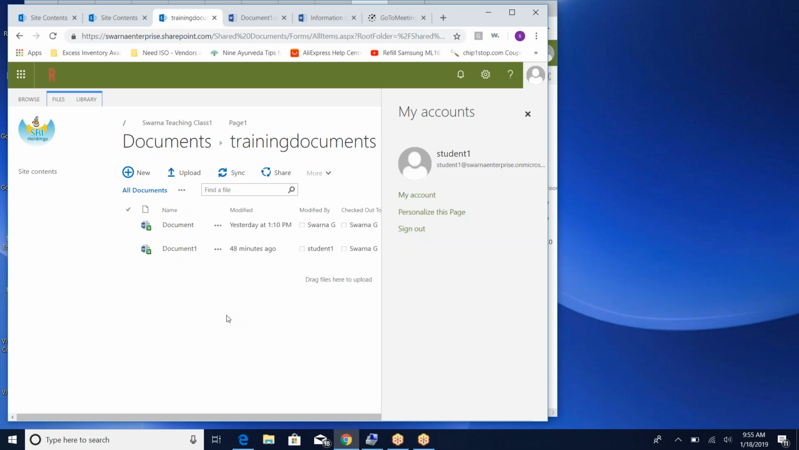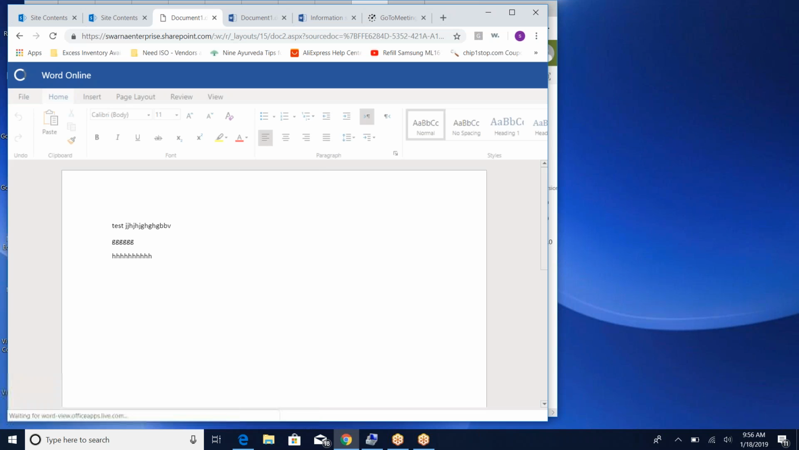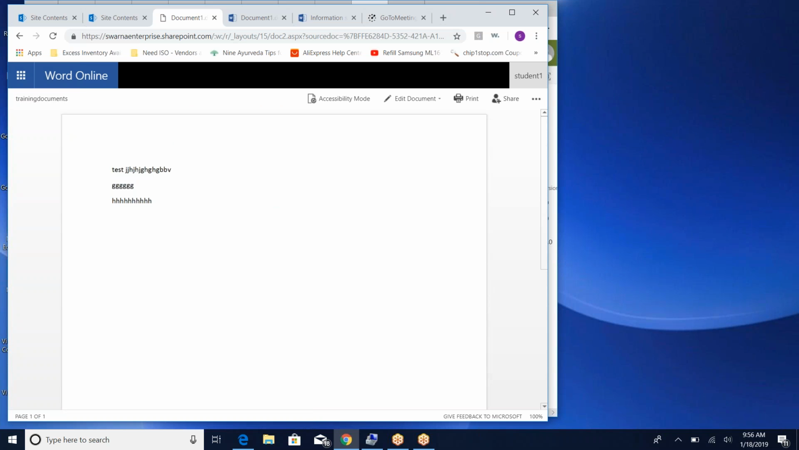Now come here, you have the right to edit the document. This person doesn't have any right to edit the document, even though he has permission for this document library and the document, because this document is already checked out. Now I will show you a demonstration. Click on the document, and now really you have a permission, but based on that checked out option, it is not allowing you to